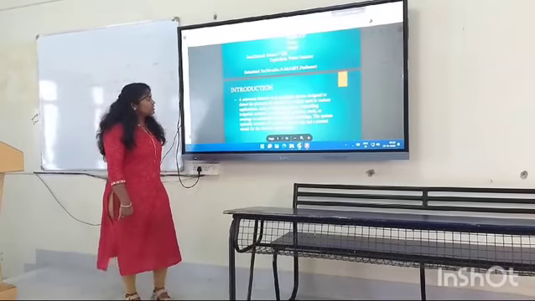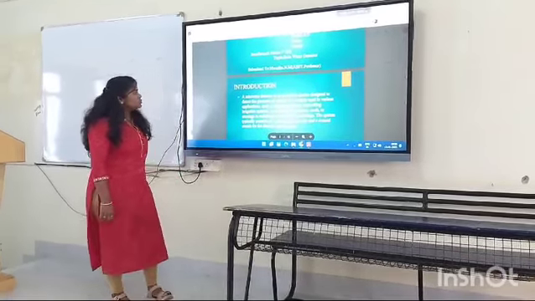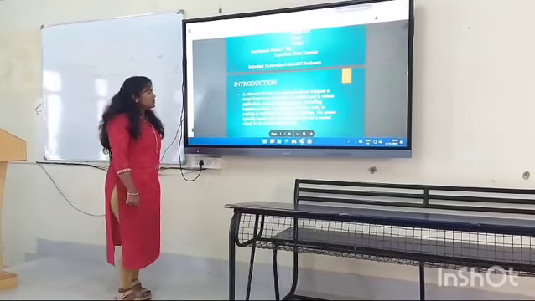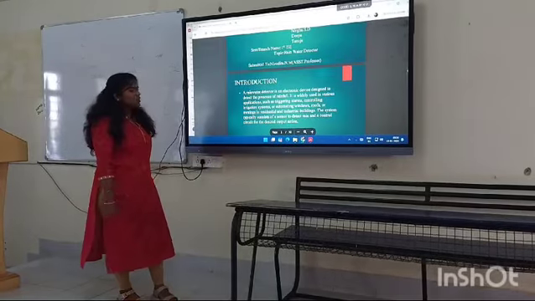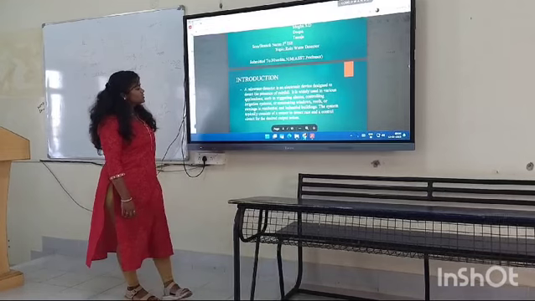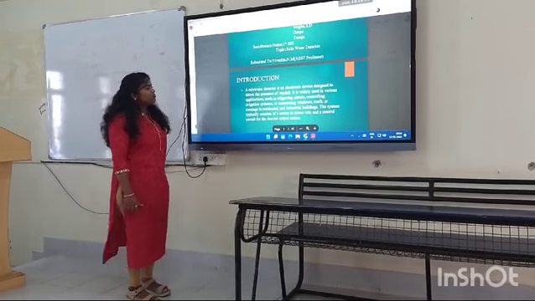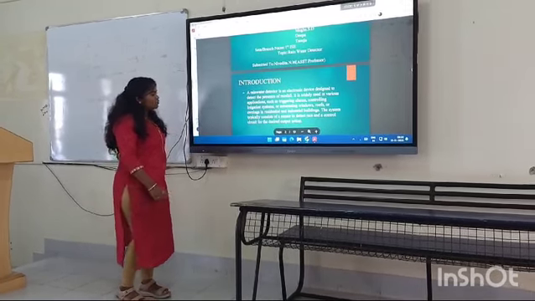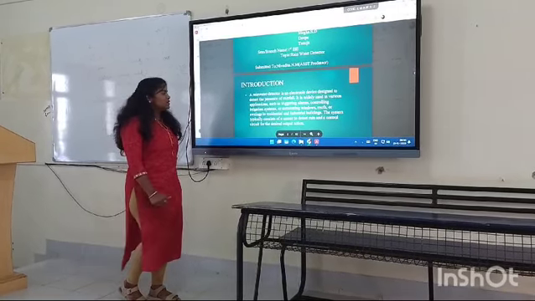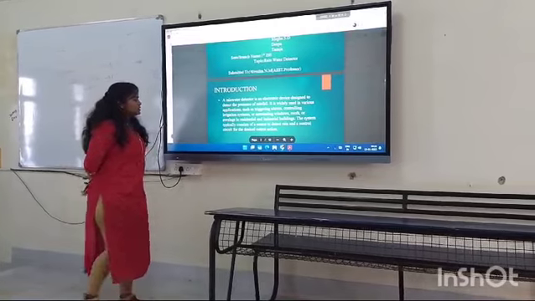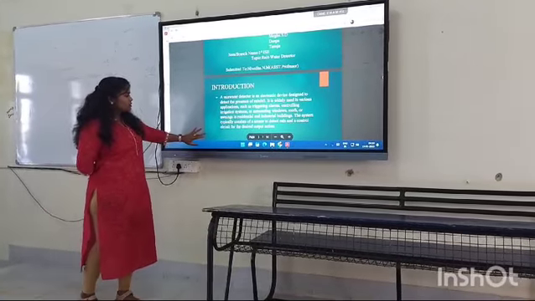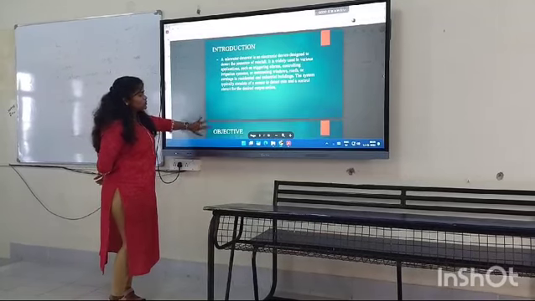Introduction: a rainwater detector is an electronic device designed to detect the presence of rainfall. It is widely used in various applications such as triggering alarms, controlling irrigation systems, or automating windows and roofs in residential or industrial buildings. The system typically consists of a sensor to detect rain and a control circuit for the desired output action.